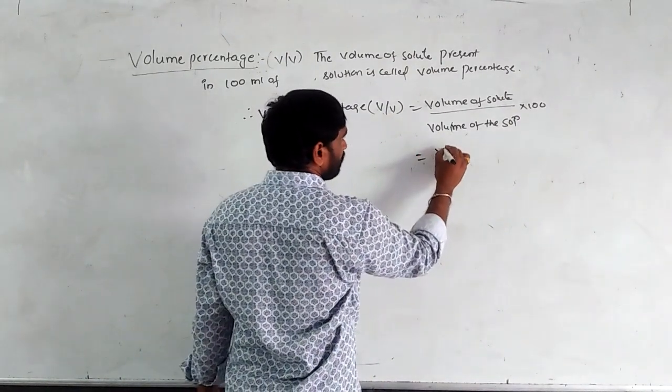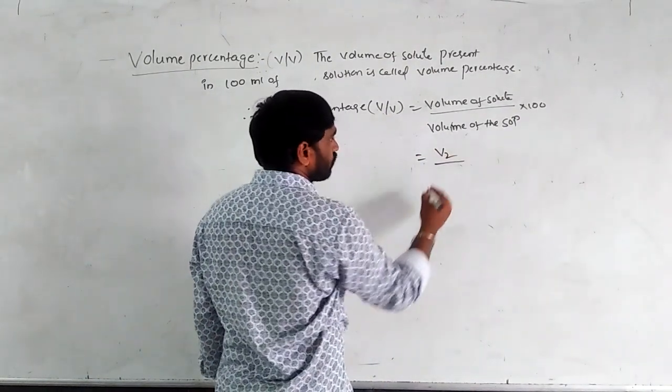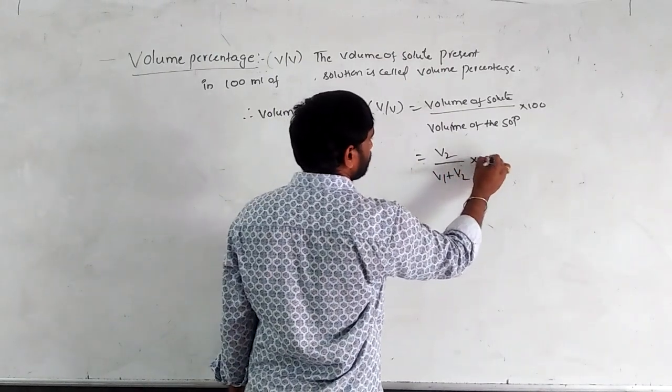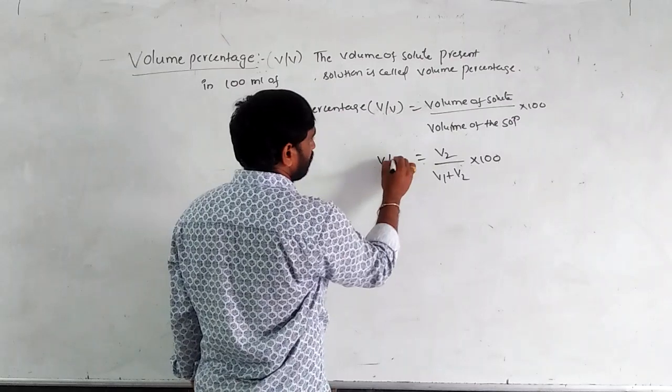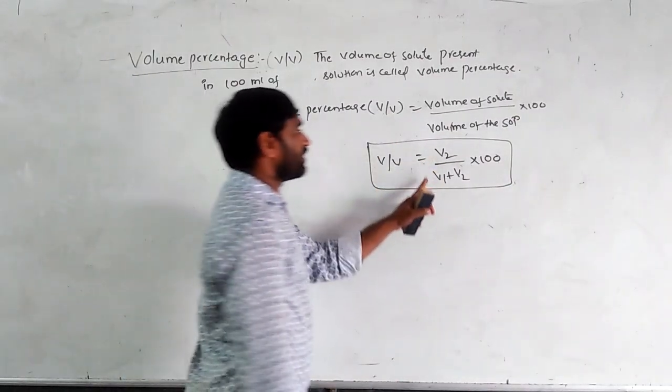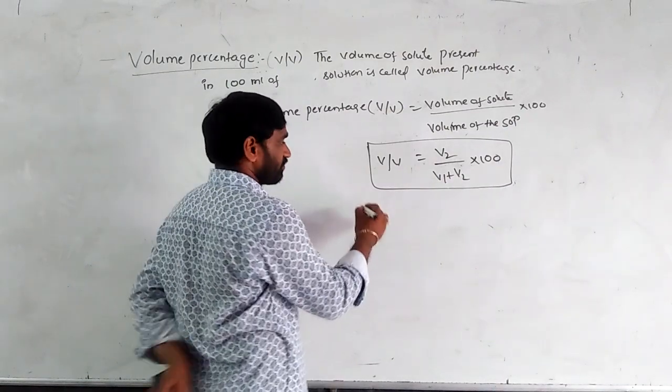For example, volume of solute V2 by volume of the solution V1 plus V2 into 100. This is volume percentage. So volume percentage equals V2 by V1 plus V2 into 100, where